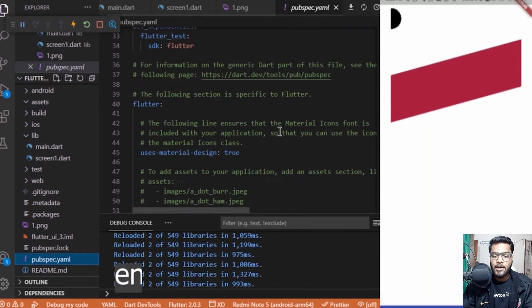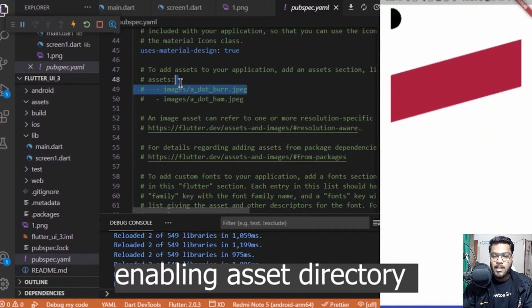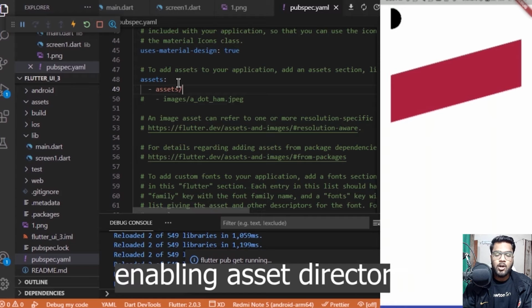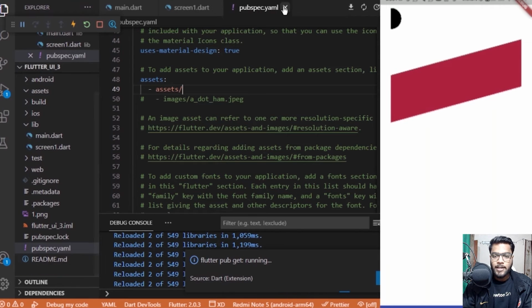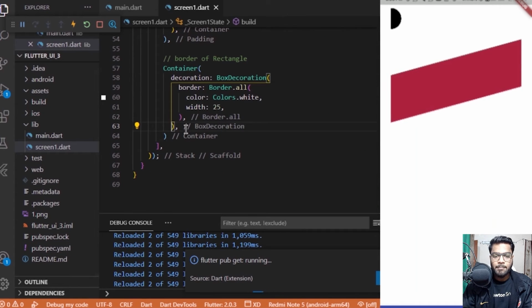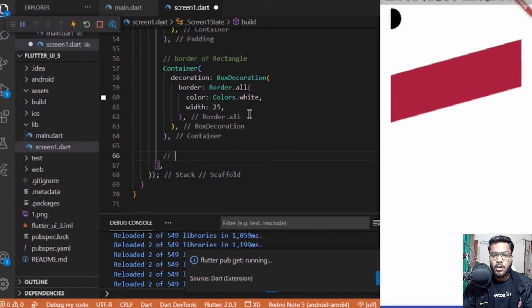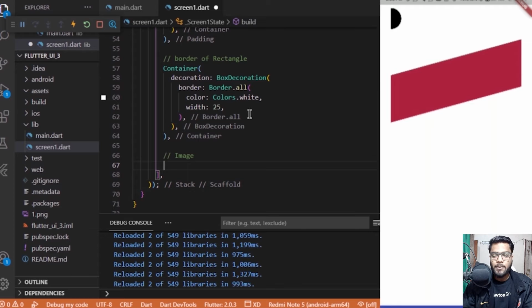And after that, I need to enable the assets directory as well, which I have already taught you in some of the previous videos, the initial videos which I have made, where I have shown you how you can add different directories for enabling local images or audios inside your project. So if you haven't checked them out, you can check them out as well. And yeah, let me enable those quickly, and run the flutter pub get command. After that, moving back to the screen1.dart file, and herein I'll be adding the image, for which I'll be specifying a container at first. And this container would be having a padding.